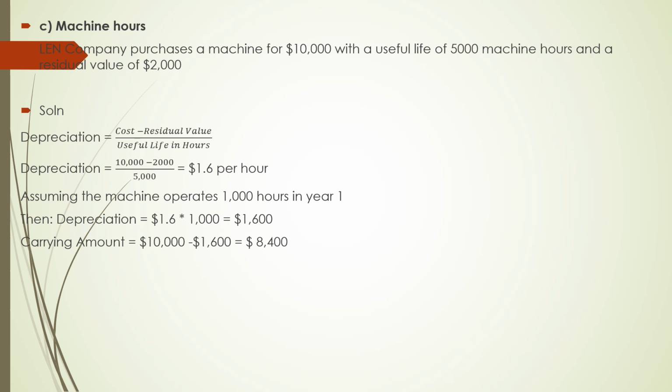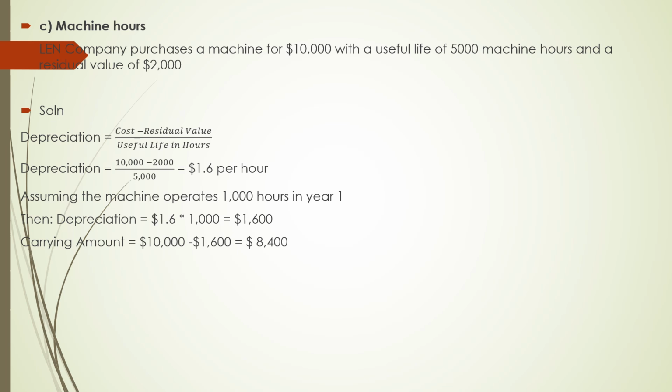Remember, we are looking at machine hours. So instead of useful life, now we have hours, okay? So we were given the cost to be 10,000, and then we subtract our residual value of 2,000 over 5,000, which is the total machine hours, and this gives us